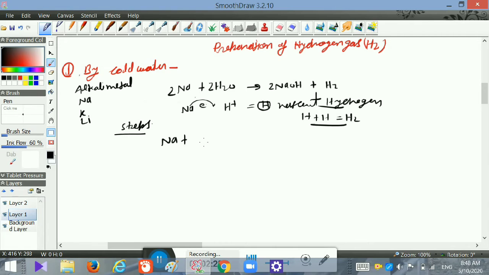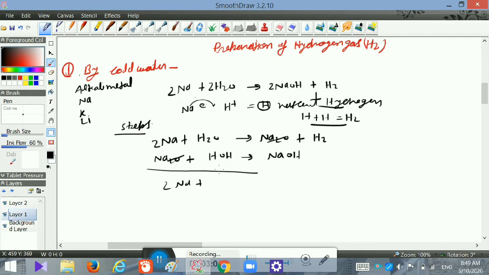First, sodium reacts with a water molecule and it forms sodium oxide and hydrogen gas, and further sodium oxide reacts with another water molecule and it forms sodium hydroxide. Here you can balance it. Here sodium oxide on both sides cancelled and the final reaction is